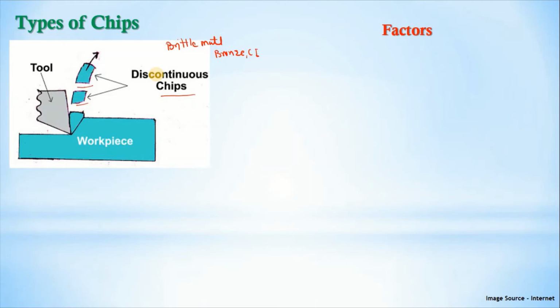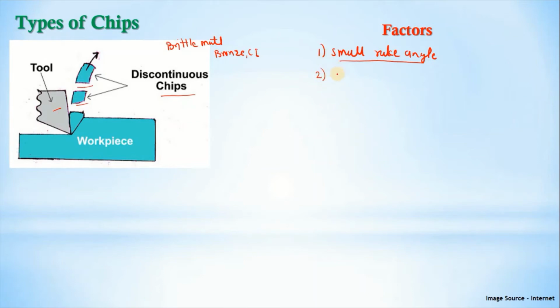These factors, one is a small rake angle. So the first factor is a small rake angle of a single point cutting tool. If you have a small rake angle single point cutting tool, then the forces in machining will increase. Therefore, the magnitude of the energy wave will be increased. So this energy will propagate toward the surface easily to form a discontinuous chip. So the first factor is a small rake angle.